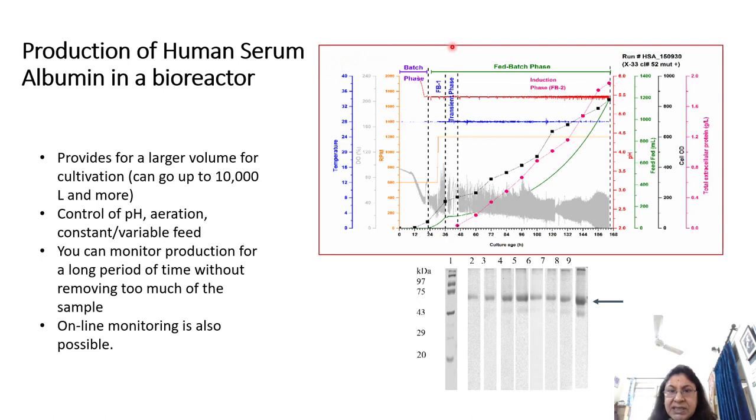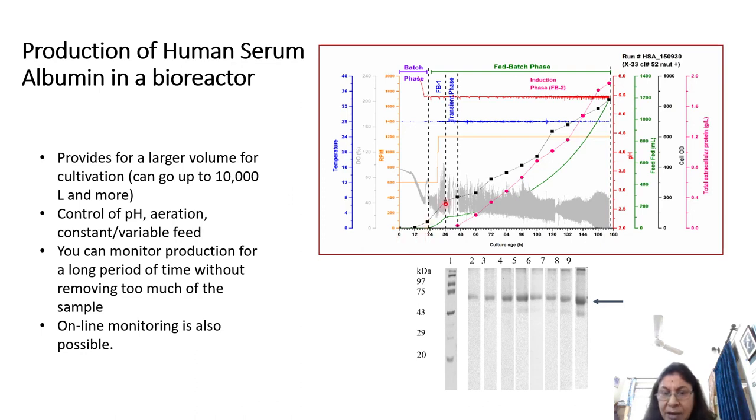So in this picture, which is right on the top, is shown what happens if we take these recombinant Pichia cells which are making human serum albumin and cultivate them in a large bioreactor. I'm just going to explain what is happening and what you can see in this figure as a function of time. On the x-axis, we have the culture age in hours. At time 0, you start your bioreactor with a certain volume. Let's say you start out with 1.3 liter, and now you add 130 ml of your seed culture, which goes into this bioreactor.